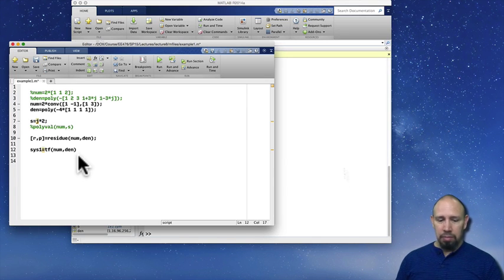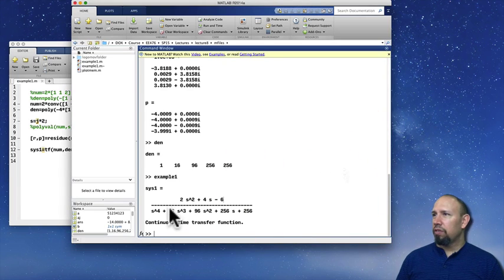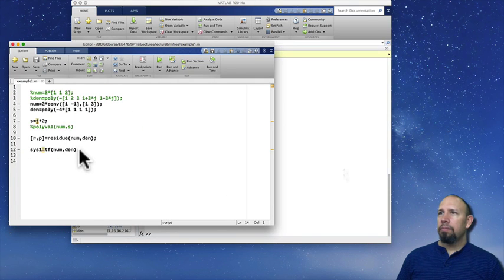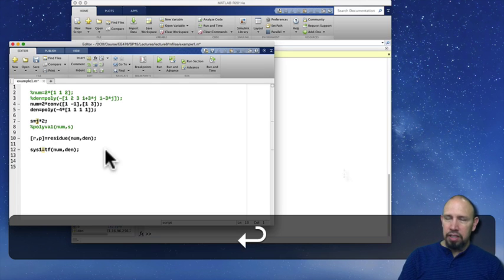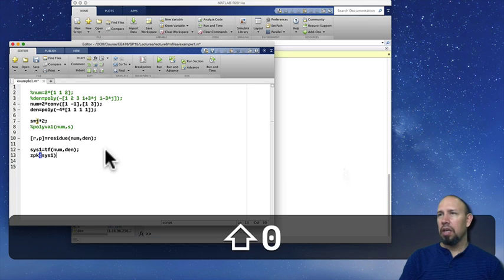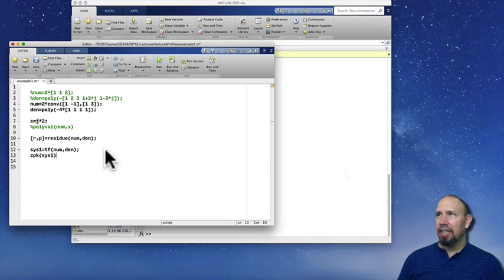But when we run this, this is the transfer function, and notice that it recognizes it's a continuous time transfer function. By default, it puts the polynomials in expanded form. So you can see the expanded form. That is the default. Now we can display this in the ZPK form, zero pole gain. And so when we run that,